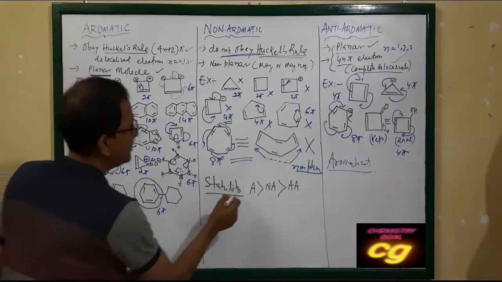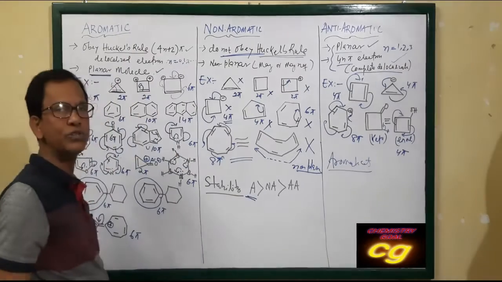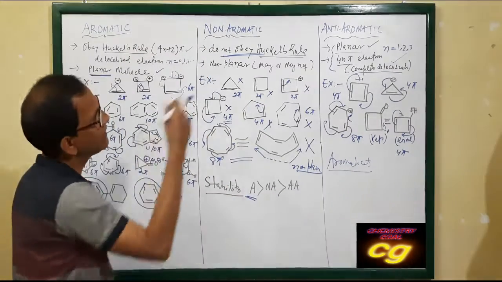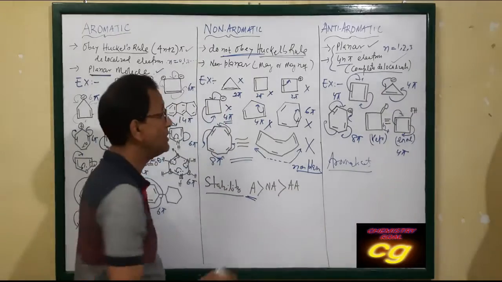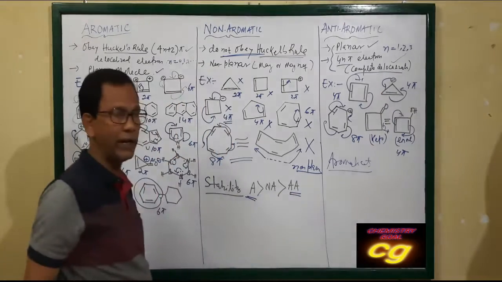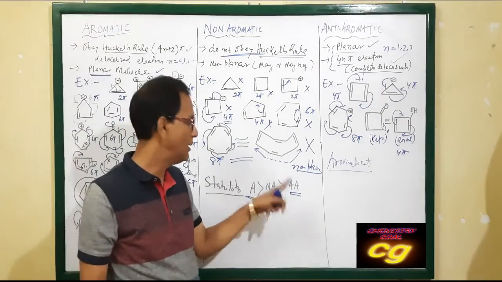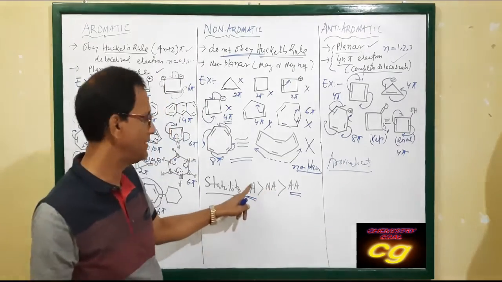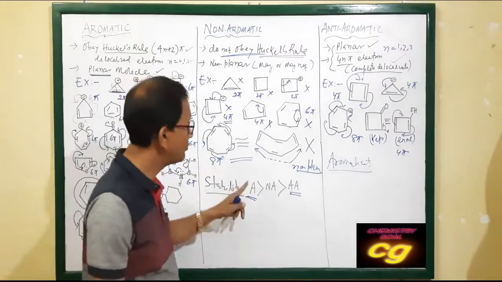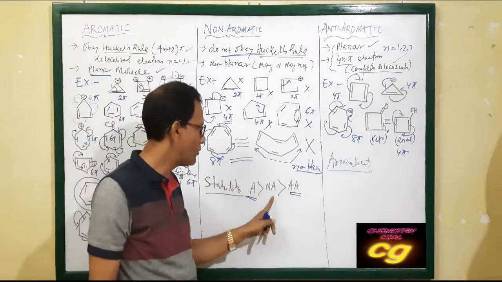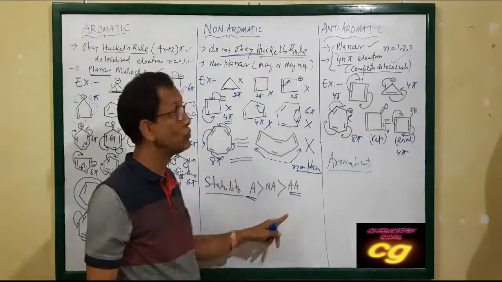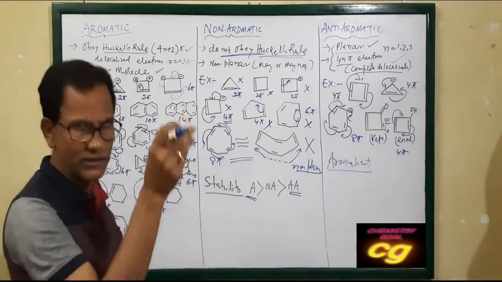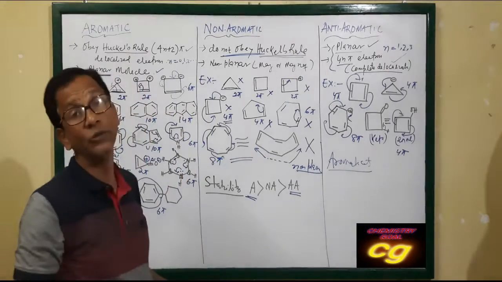That's why stability is more. Aromatic is more stable, then non-aromatic, then anti-aromatic. Least stable is anti-aromatic. AA means anti-aromatic, least stable. NA means non-aromatic. Most stable is aromatic, then non-aromatic, then anti-aromatic. So use this concept in different examples and practice, then you can remember